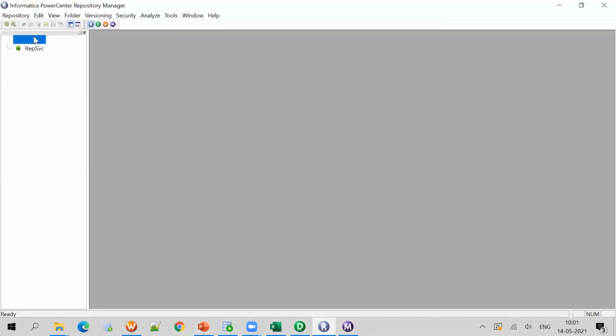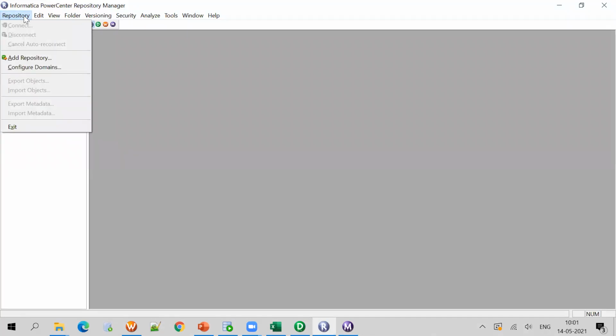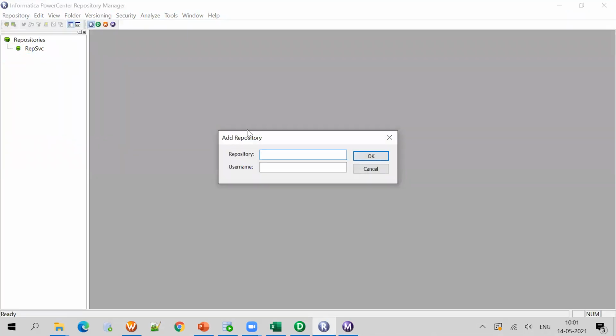The first thing we need to do here is create a repository. I'll show you how. Go to the repository, add repository. I'm giving the repository as dev. For the username, you can give any username.